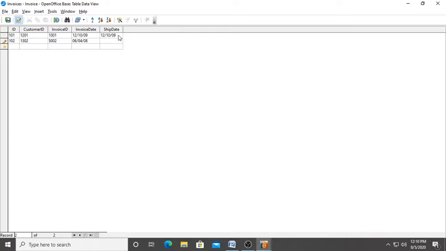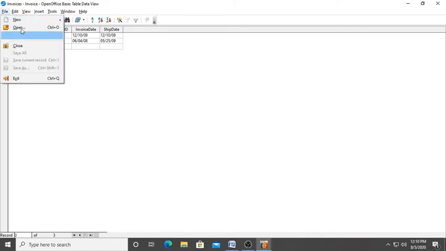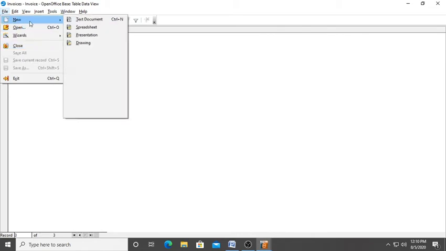Here we want to insert the date, suppose 25th, but we are writing 2009 for ship date. As you can see, the date format is in the form of month, date, year. How can we change it? I will tell you later. So here go to file and save it. So it is a ready-made structure, where if you have created your database, you can do it like this.